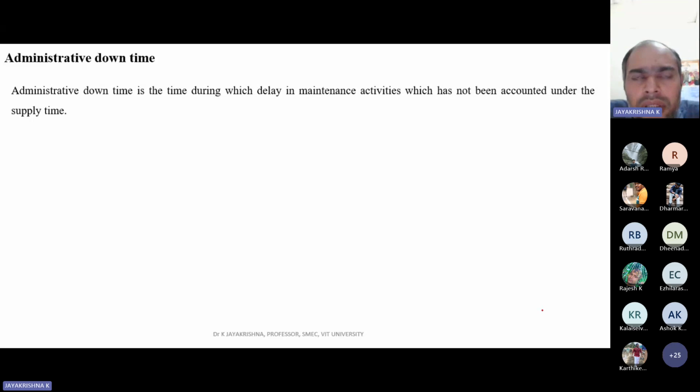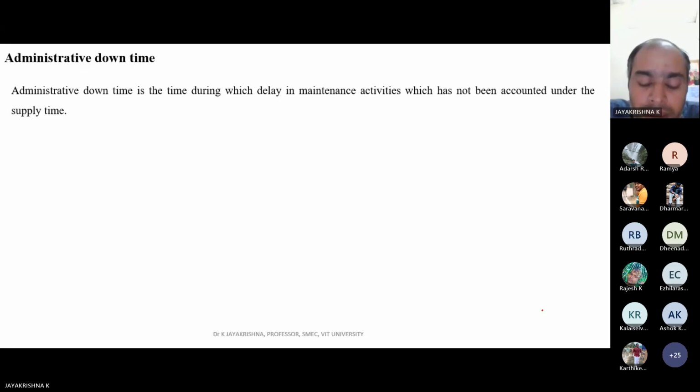Or say, for example, due to lack of a proper maintenance plan, tomorrow is Sunday, so on 3rd March you are planning some maintenance activity, and to carry it out some items are required. But if due to some administrative reasons or lack in administration, the maintenance activity cannot be carried out because of the lack of some maintenance equipment required to carry it out, because of some administrative reasons, this maintenance equipment is not arranged properly and the system is down because of that, then we call that